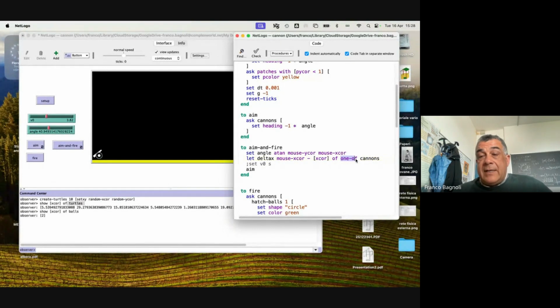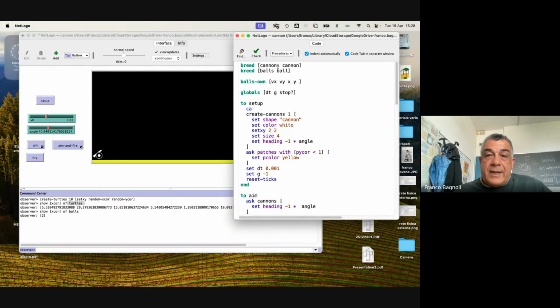One of is a random one, but since I have just one of them, I can use this or simply cannon 0. The problem of using cannon 0 is that the ID is computed sequentially for all kinds of